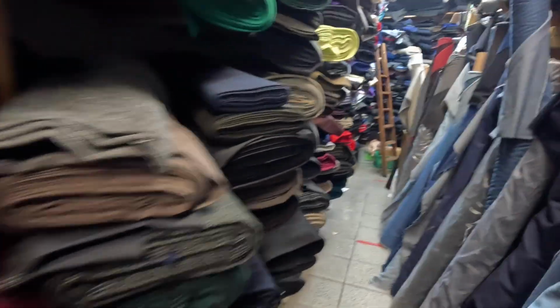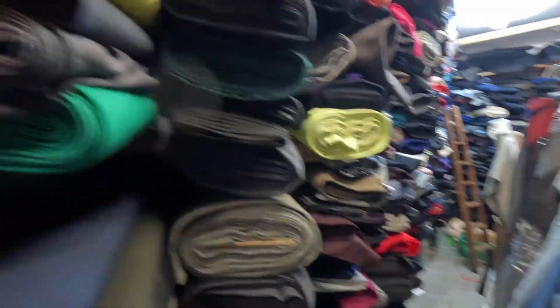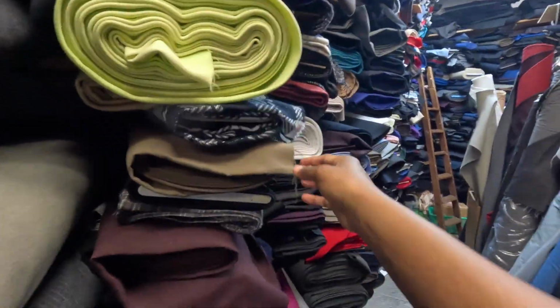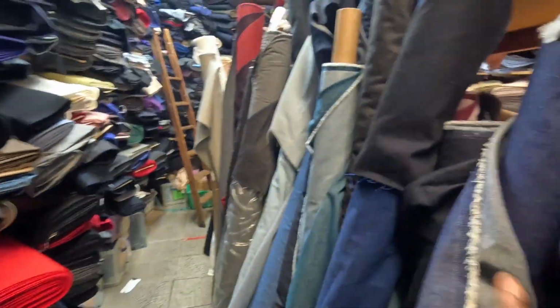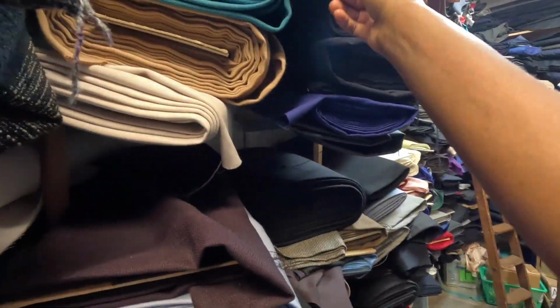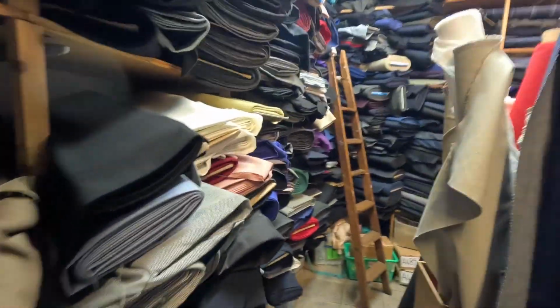Got to Dalston Mill's fabric. I almost passed it because I didn't see a prominent sign. But that was a really nice store. They did have a better variety of types of fabrics. They had velvet, stretch velvet, regular velvet, a lot of cotton types, including cotton jersey and cotton drill. I saw some corduroy there, wools,